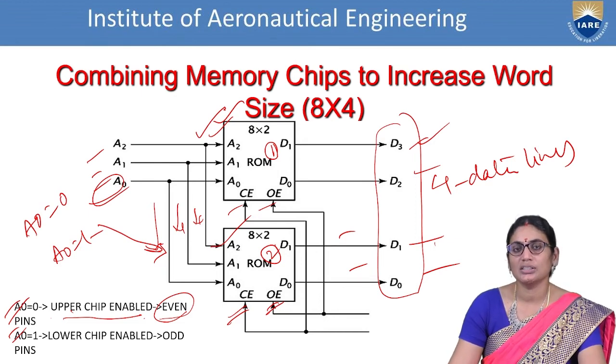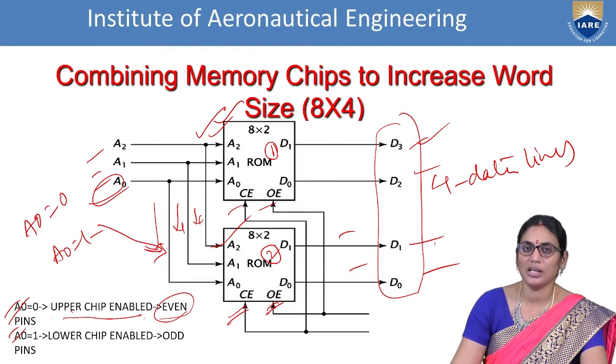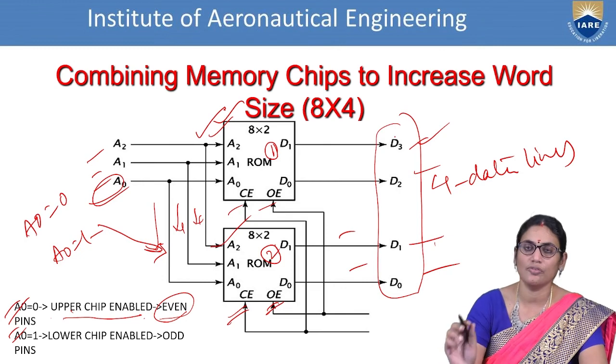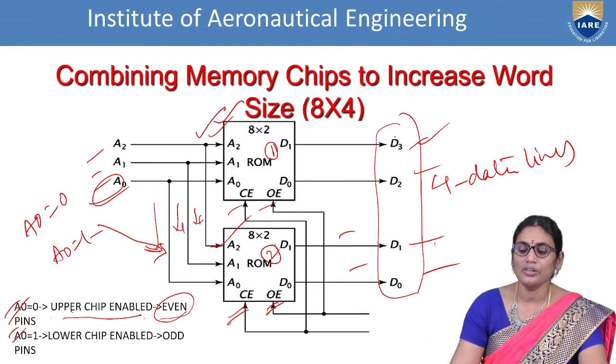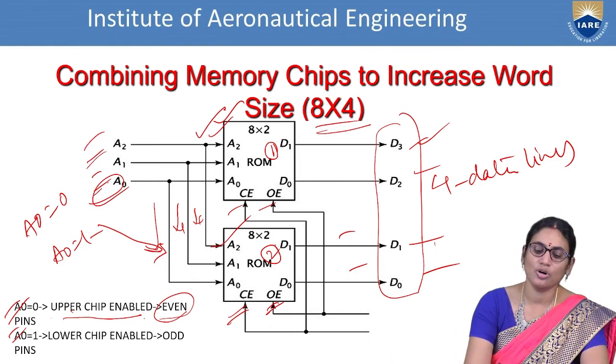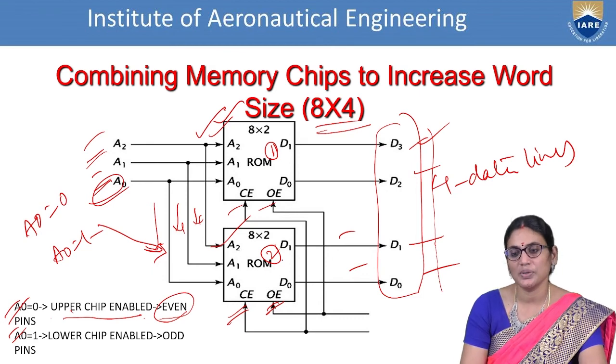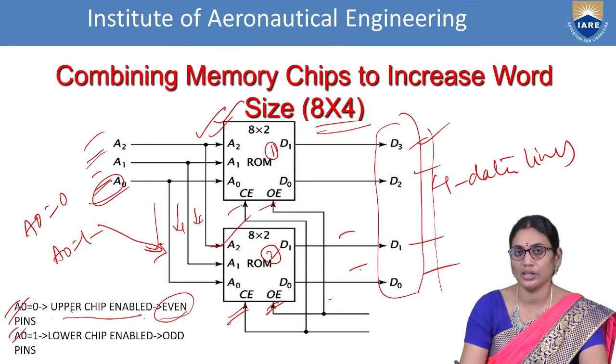In this case, we are considering two 8x2 ROM chips which have the same enabling pins, same output pins, same address pins and same data pins. But in order to increase the size of the word, we are using two chips with two different data lines, D0 to D3. So we are using the 8x4 organization for the data representation. We use the same combination of address but with 4 data lines. So 3 address lines will be common but 4 data lines will be presented.